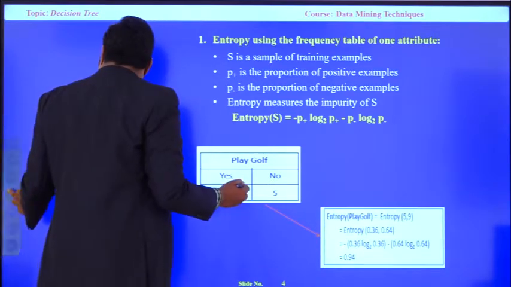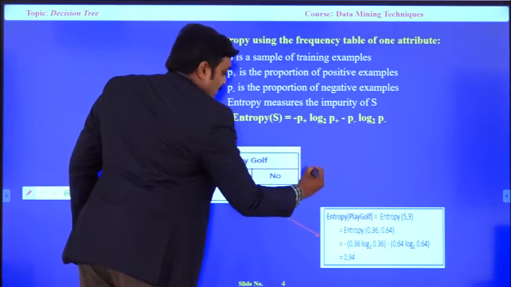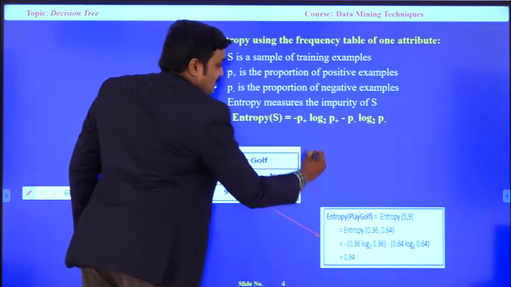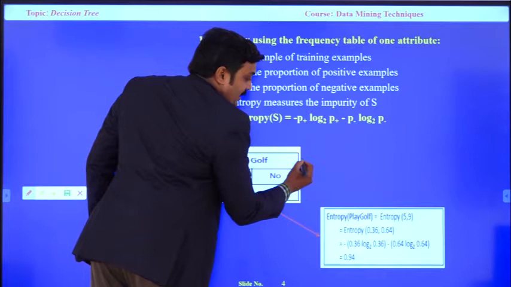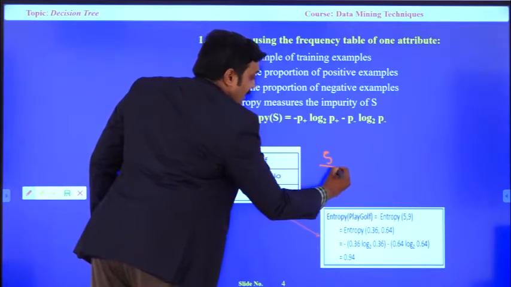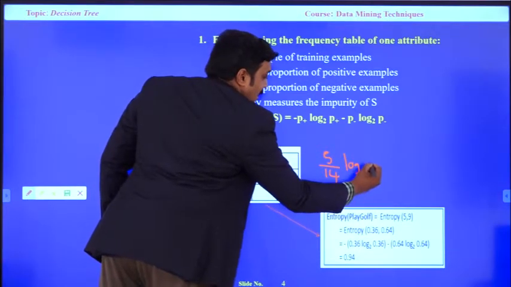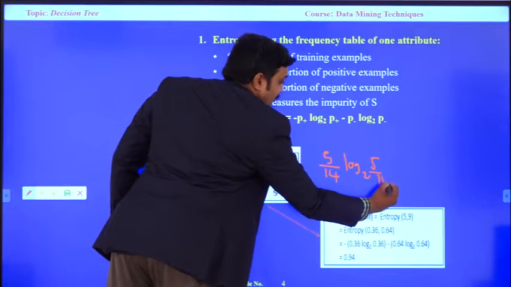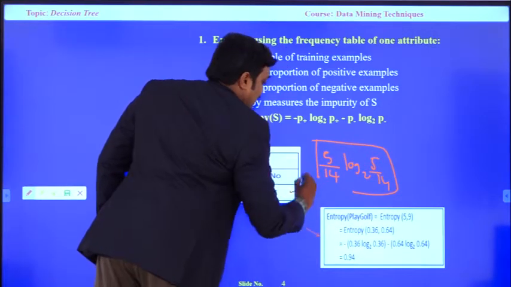The formula uses the number of no classes and the number of yes classes. The number of no's is 5 out of 14 total records, log 2 of 5 by 14. This is for the no class.